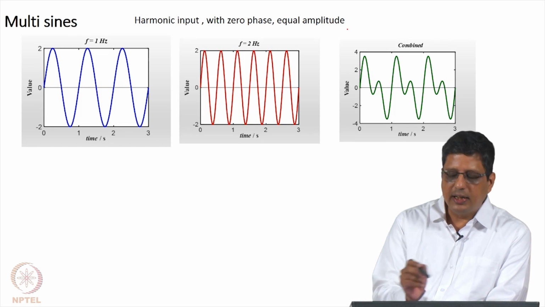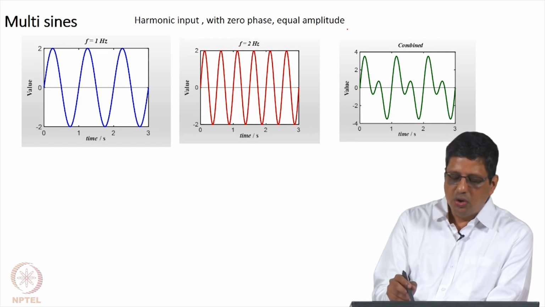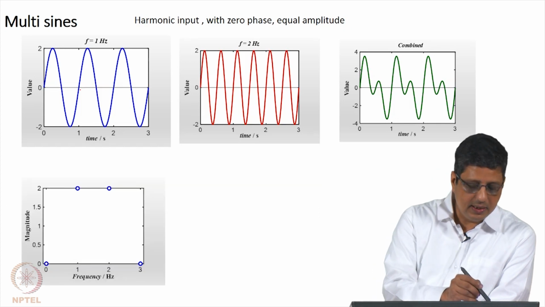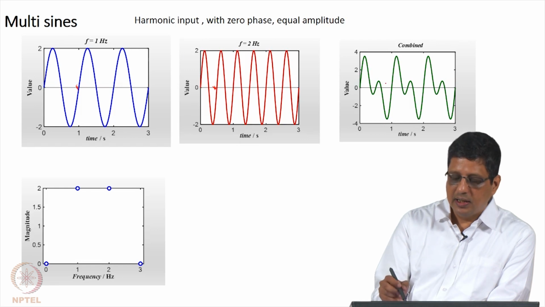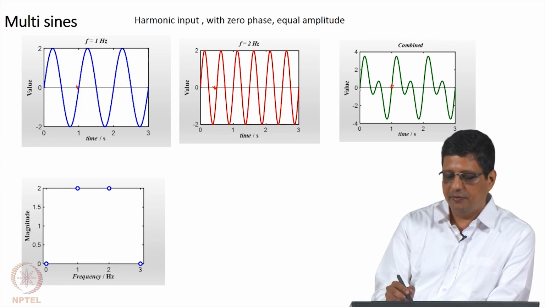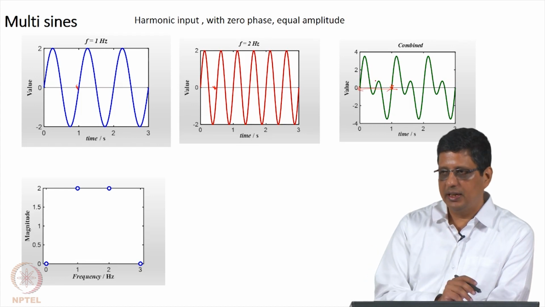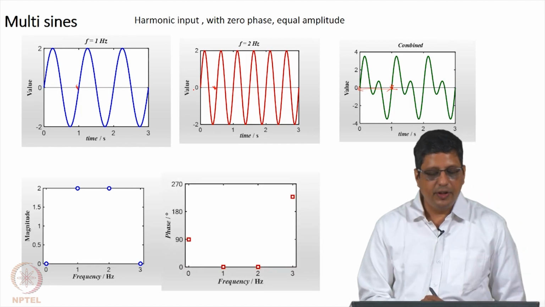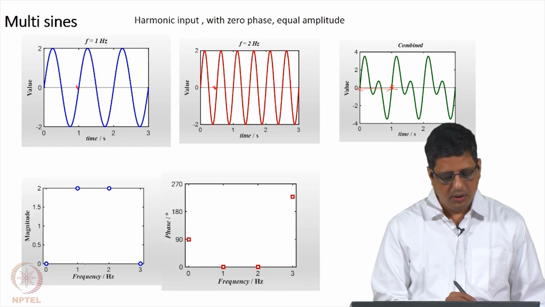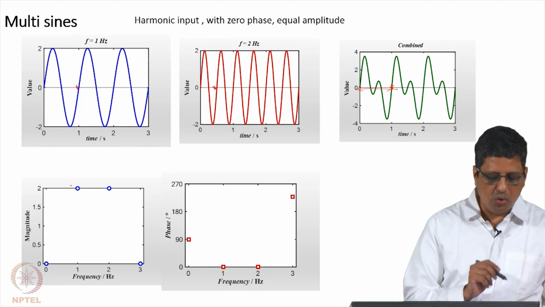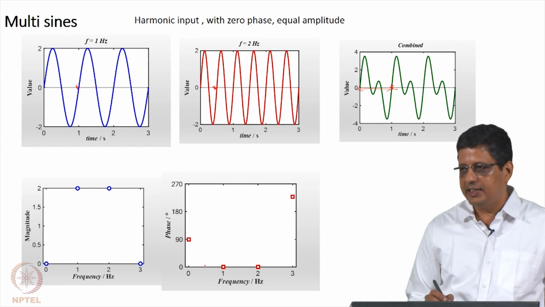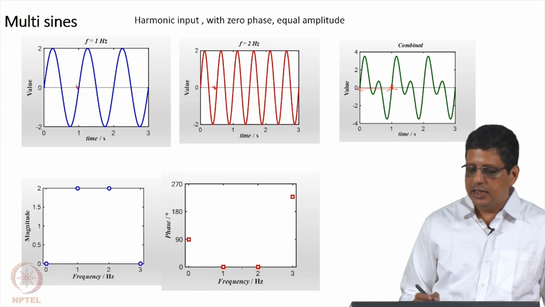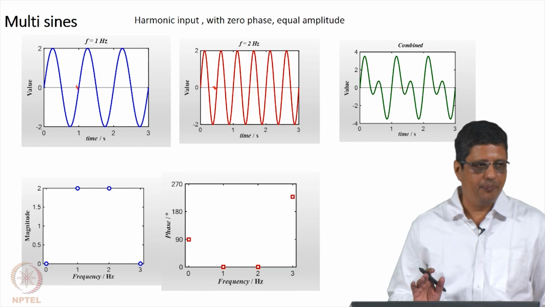Total is not going to go until 4, because these are at different frequencies and you will get a combined wave. This has a period of 1 second, this has a period of half second, combined wave has a period of 1 second. That means, if I give you this data, you can replicate it n number of times, you will get the wave that we generate from this. And when we do Fourier transform, you get 1 hertz, I got 2 as a magnitude, 2 hertz also it is a 2 as a magnitude, 1 and 2 hertz the phase is 0, it is what we would expect to see, no problem.